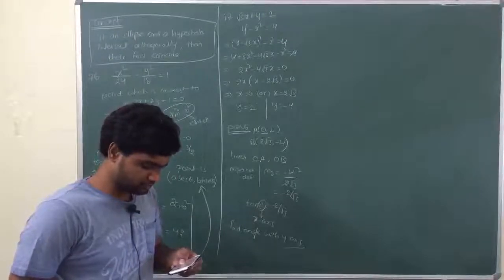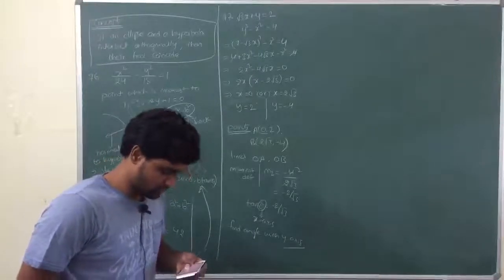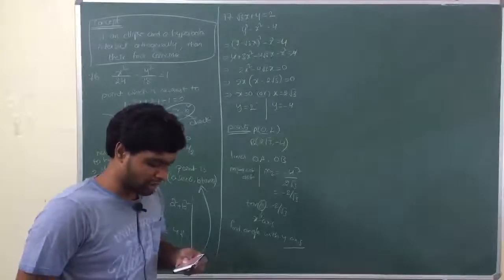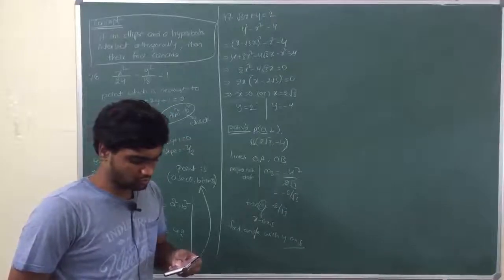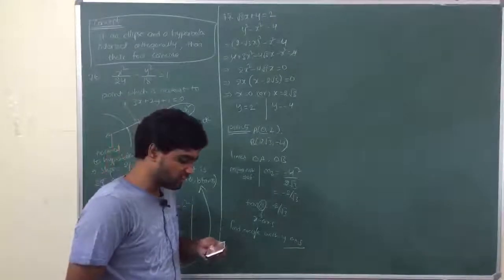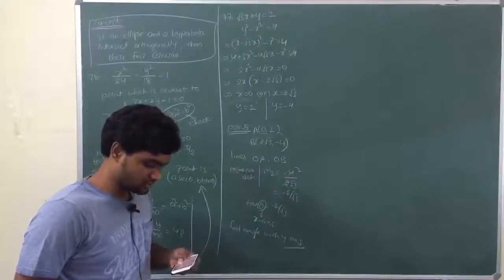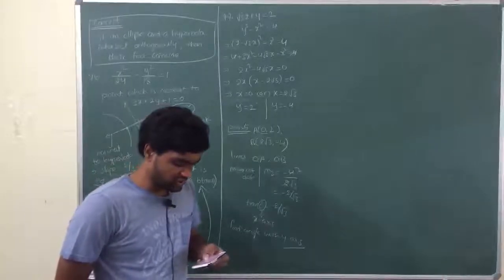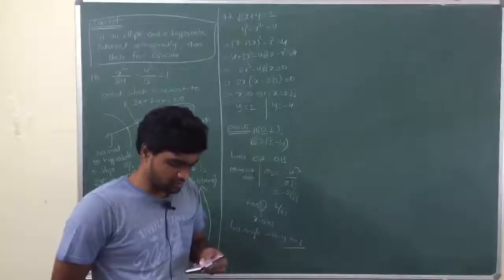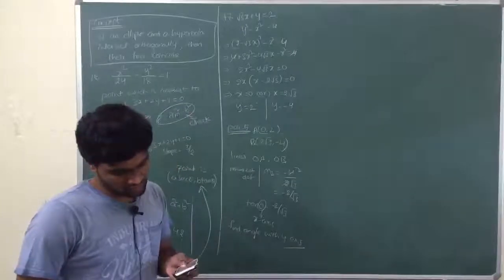Next. Distance from the point 2, 0. Distance from the line x is equal to 18. Okay. AE is given as 2, A by E is 18, we can do it. Next. An equilateral triangle is inscribed in an ellipse whose equation is, if one vertex of the triangle is 0, 1, then the length of each side is. Okay, let's do this. Time 3 minutes.